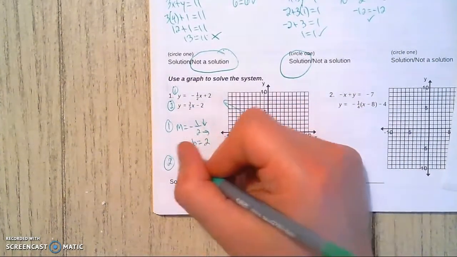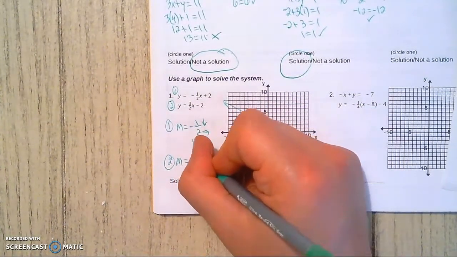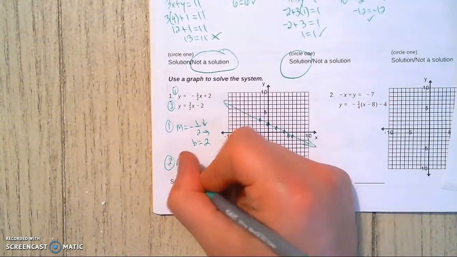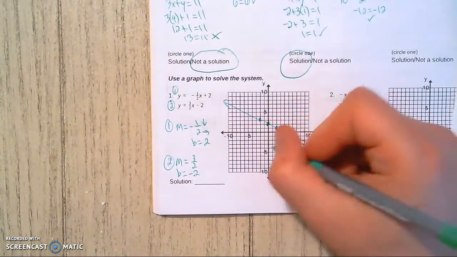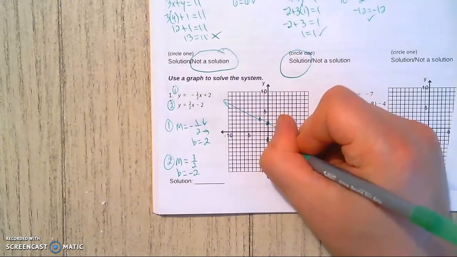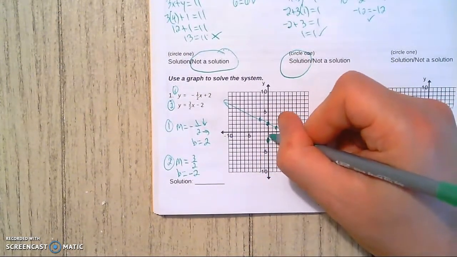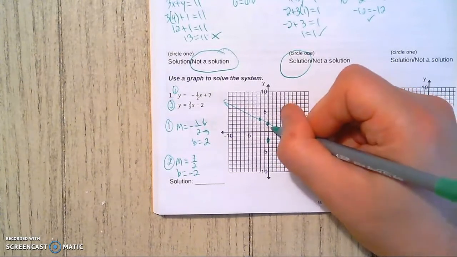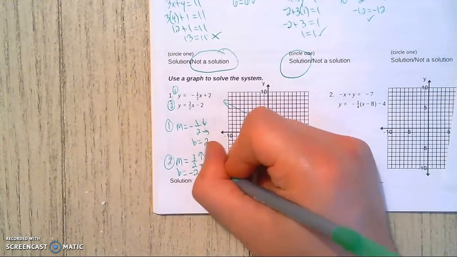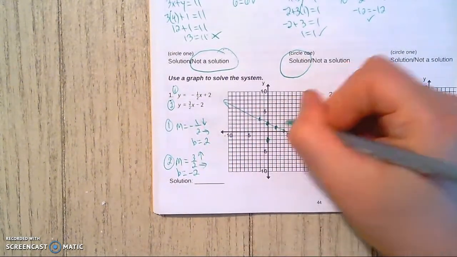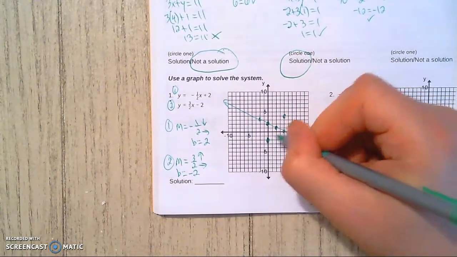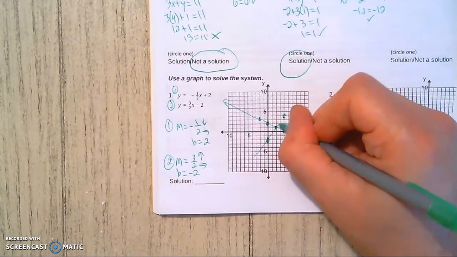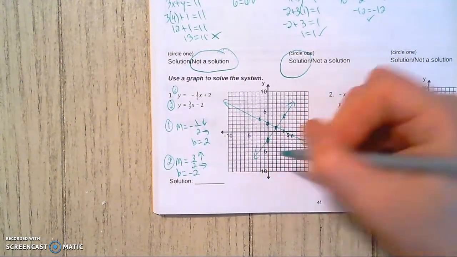Well, equation 2 had a slope, m equals 3/2. It also had a y-intercept, b equals, that's a negative 2 that time. So now I'm going to start at negative 2 and go up 3 over 2. That's up 3, right 2. And do it again, up 3, right 2. There it is. Now when I connect those and draw that line, what I notice right away is these two